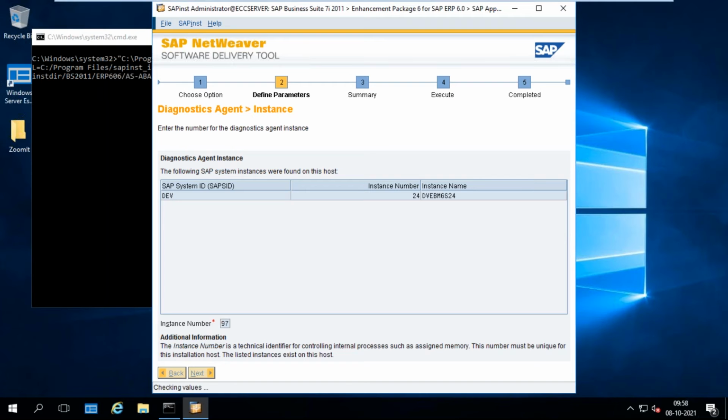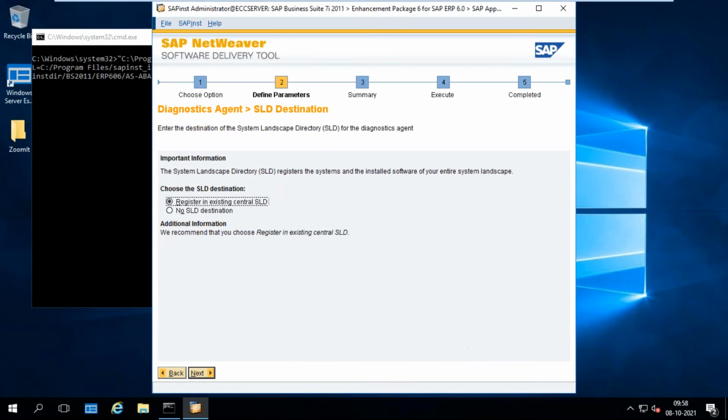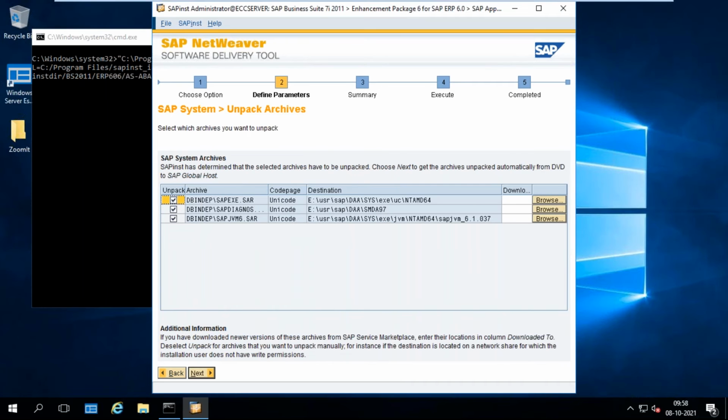Next. So select no SLD destination. Click on next. So here don't do anything, just click on next.